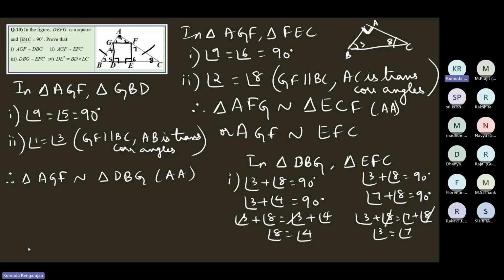So AAA similarity criterion, or you can write 5 is equal to 6 and one of these two results. Any one of these two results you can write. I've just written both for practice, children, so that I can explain it. So this is 1, this is 2, and the third thing is angle 5 is equal to angle 6 is equal to 90 degrees. Therefore,